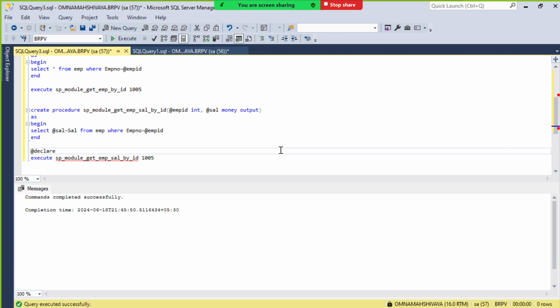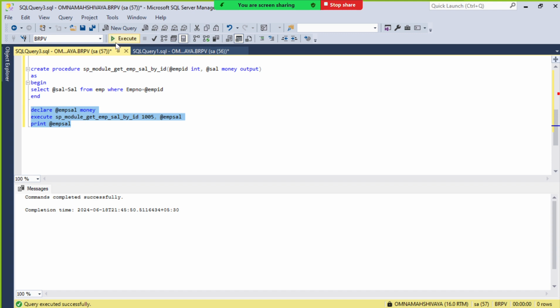Again I am declaring a variable, @emp sal, sorry, DECLARE @emp sal money. So here I declared a variable, and I'm passing it as an output parameter. The second parameter is the output parameter, and I'm printing this value, PRINT @emp sal. So if you can see